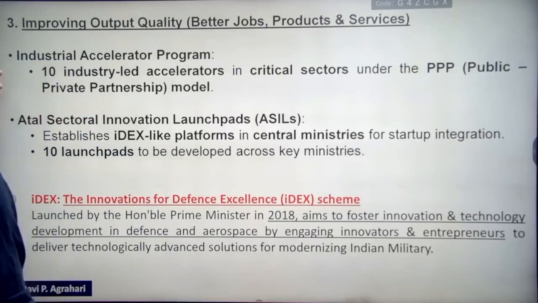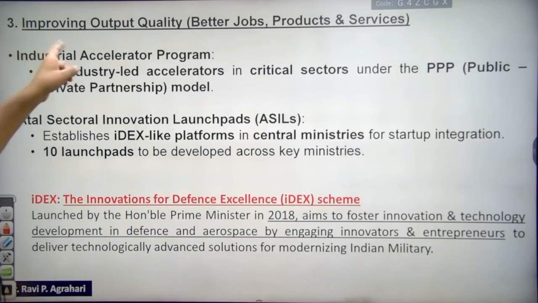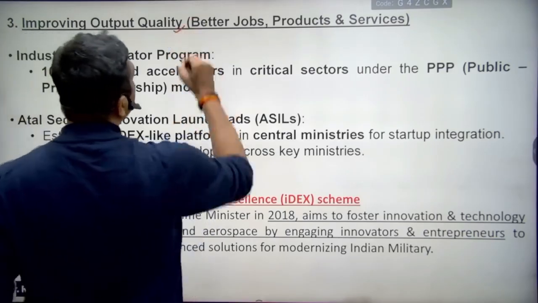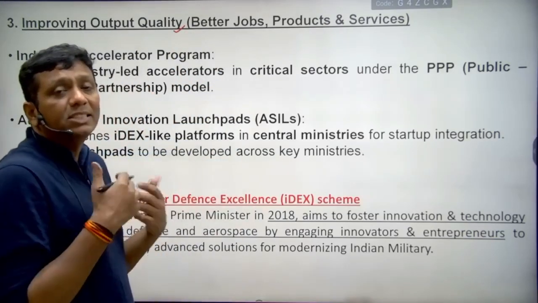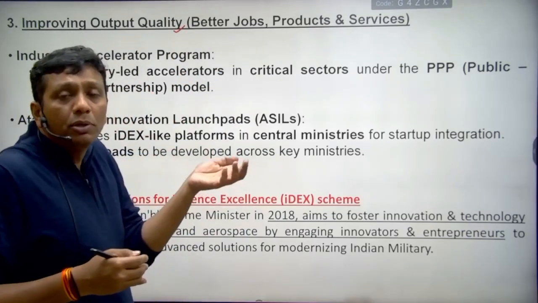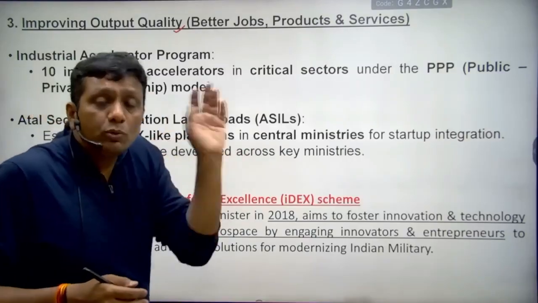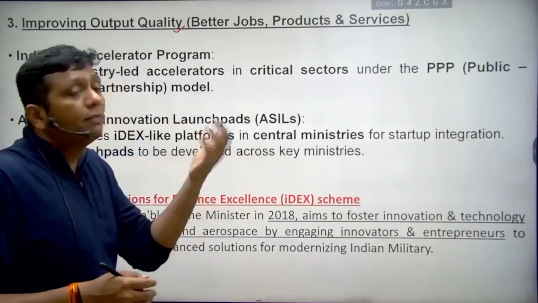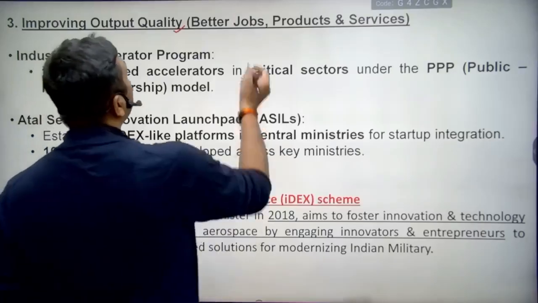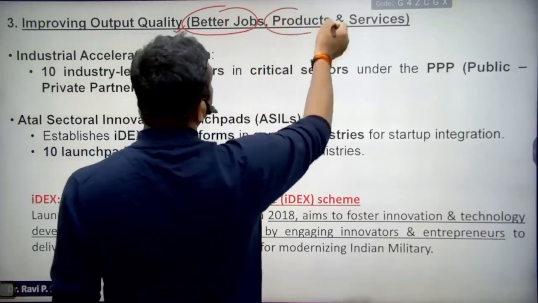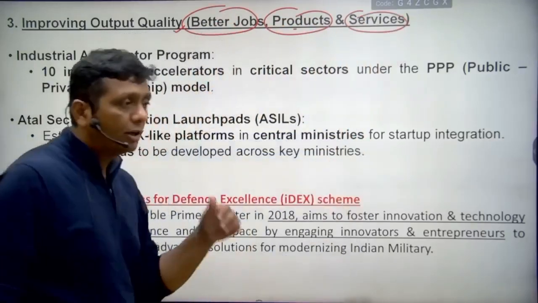Last, the third way of AIM 2.0 is improving output quality. Now see, output quality, what will happen, guys? When every startup has started, that was the input. The second one is what? Now it starts to run very well, and now the third one is what? Because of this, ultimately people are getting better jobs, and better products and better services will come for its users.